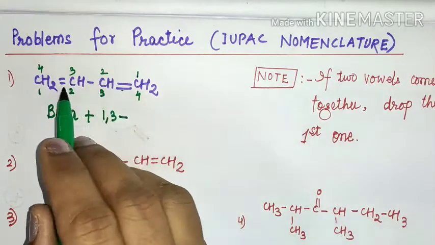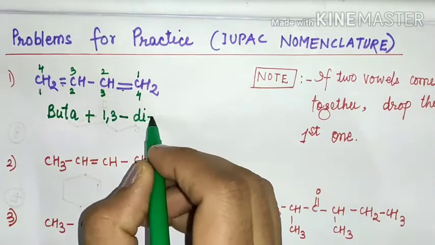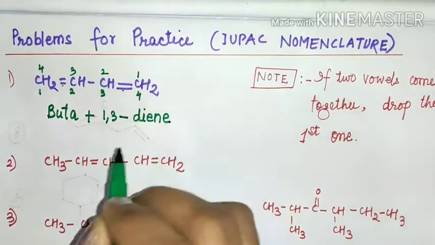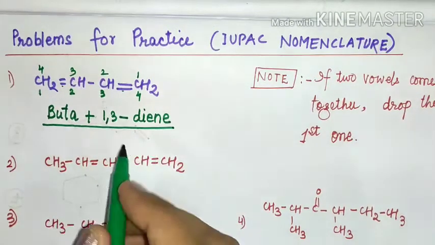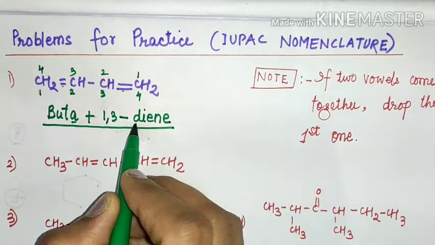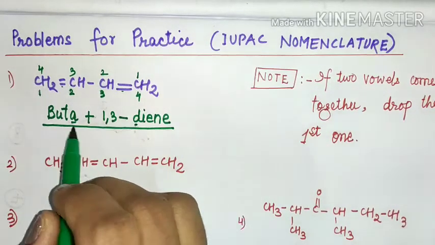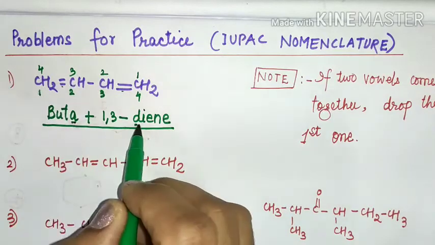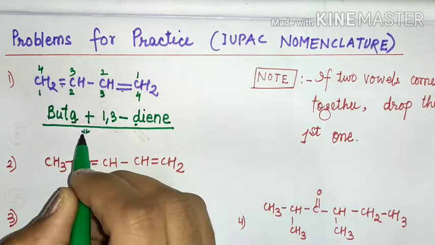Since there are 2 double bonds, we will write di, then ene. After combining these two, we know if 2 vowels come together, we have to drop the first one. But here one is a vowel and the other is a consonant. So its IUPAC name will be